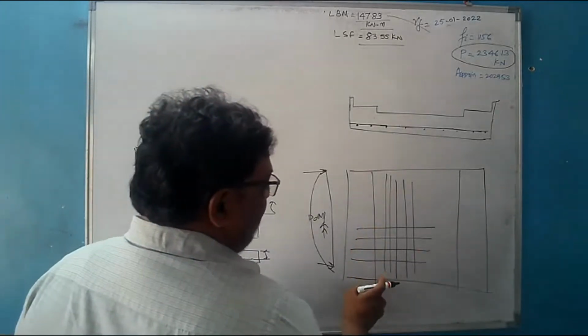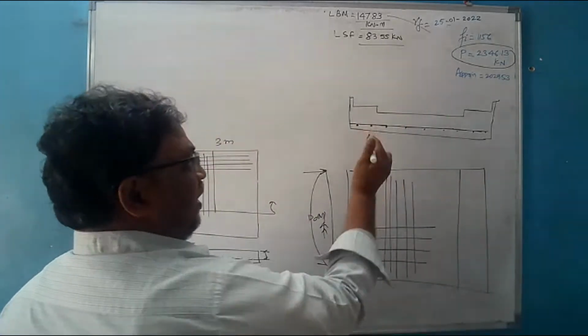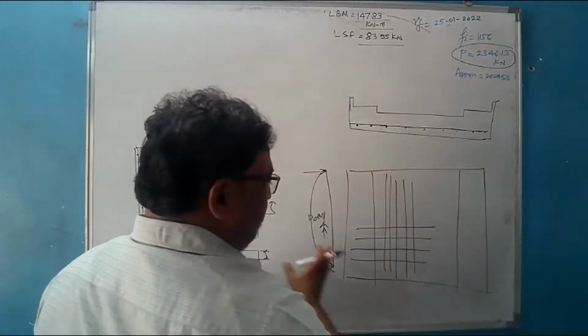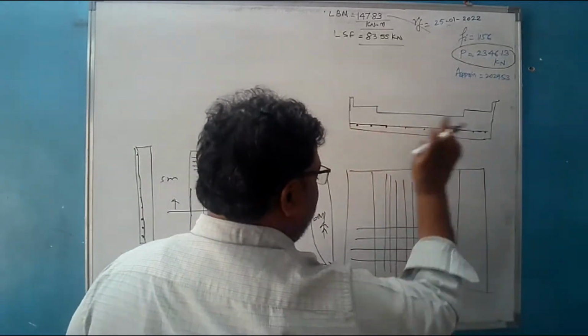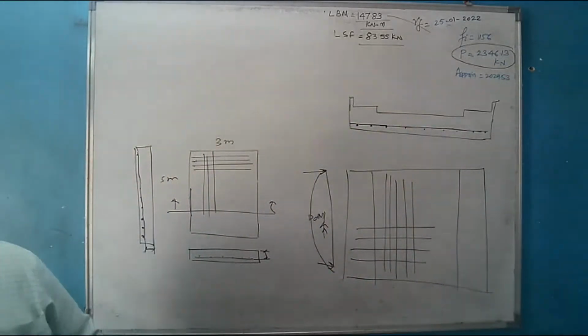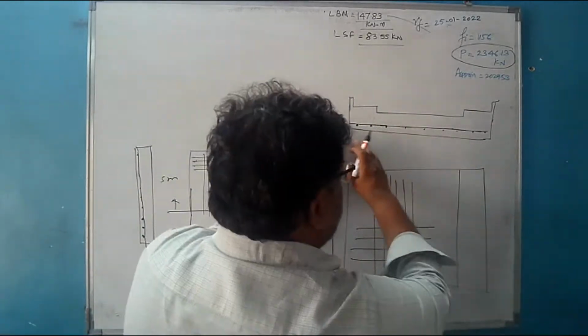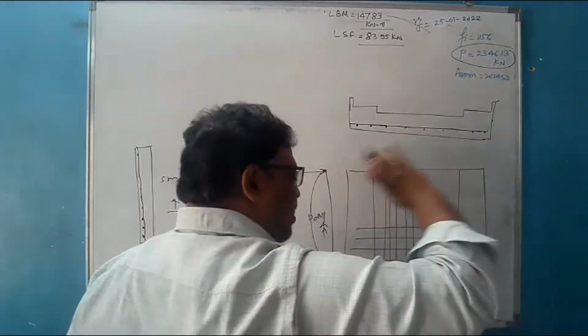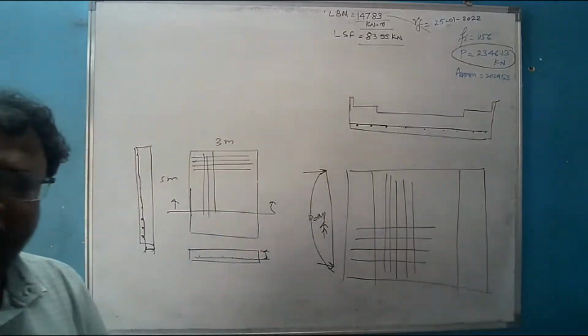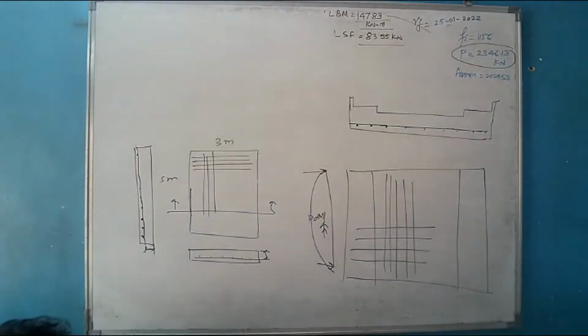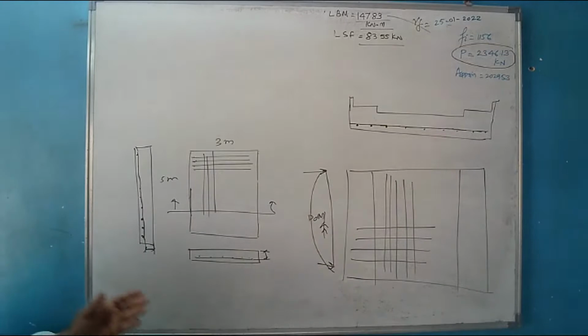तो यहाँ पर जो रहेगा पहले नीचे इन द डायरेक्शन ऑफ स्पैन, सो दोज आर दीज बार्स। फिर जो दूसरा डायरेक्शन है उसमें भी रहेगा डिस्ट्रीब्यूशन स्टील। हालांकि वॉट एवर स्टील वी आर प्रोवाइडिंग हियर, दिस टोटल एंटायर नेट, it is not supposed to carry any tension. Why it is not supposed to carry any tension? क्योंकि मैंने इसको पहले ही अनटेंशन स्टील, सप्लीमेंट्री स्टील, एडिशनल स्टील, नॉमिनल स्टील ऐसे बोला है।